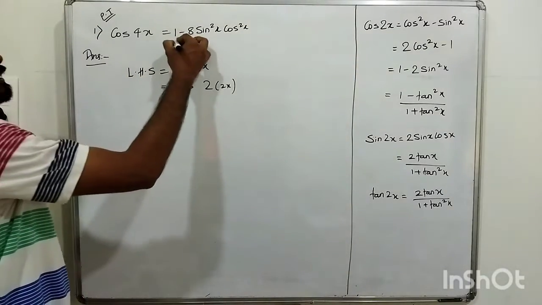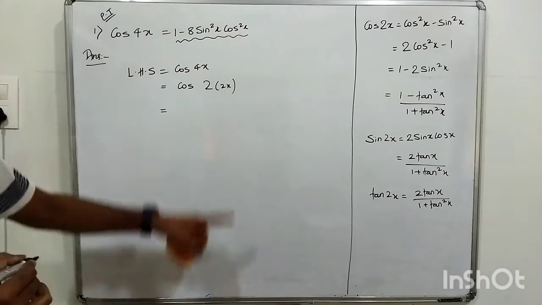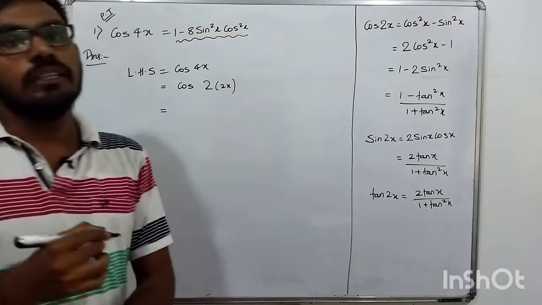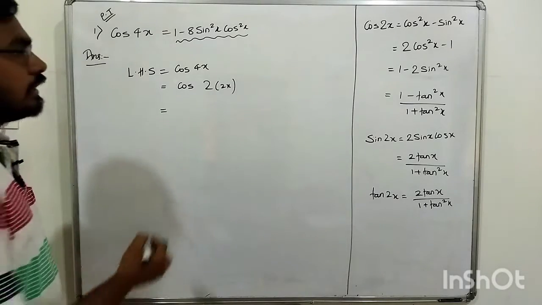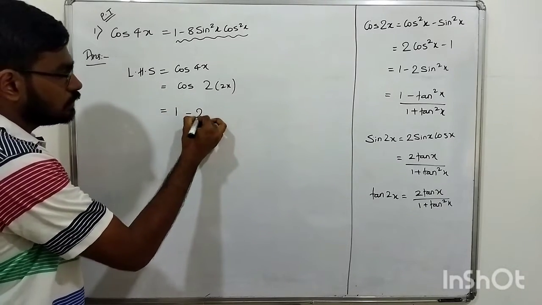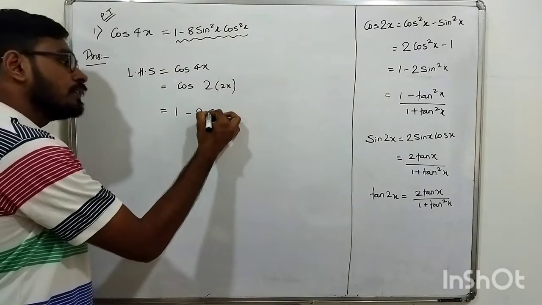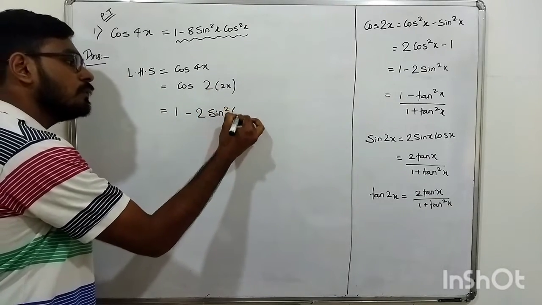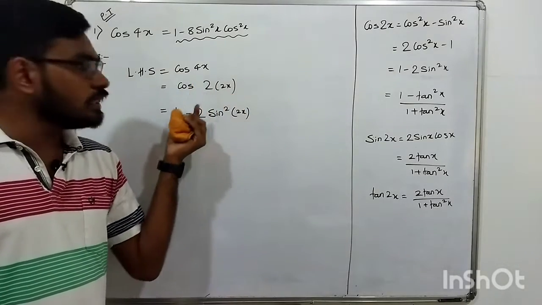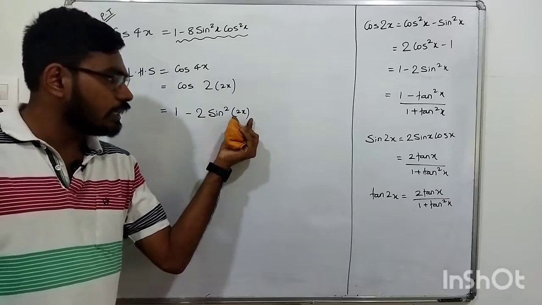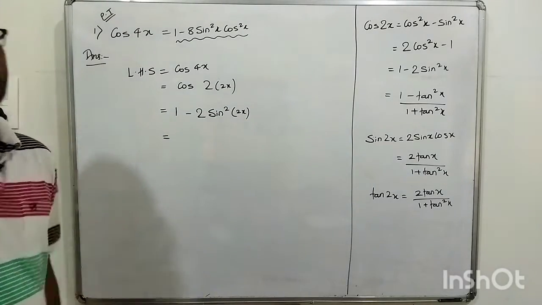So look at the answer, it is 1 minus 8 sin square x cos square x. Looking at this, I think this is better, for cos 2x, that is 1 minus 2 sin square x. So how we'll write, let's see. 1 minus 2, and since cos 2 of 2x is there, sin square of 2x we will write. Imagine this is theta, so cos 2 theta is 1 minus 2 sin square theta. So we get 1 minus 2 sin square 2x.